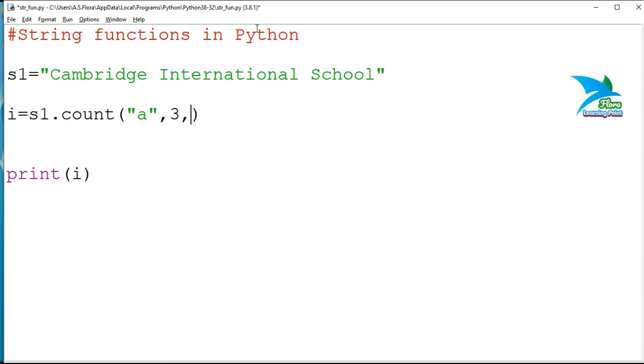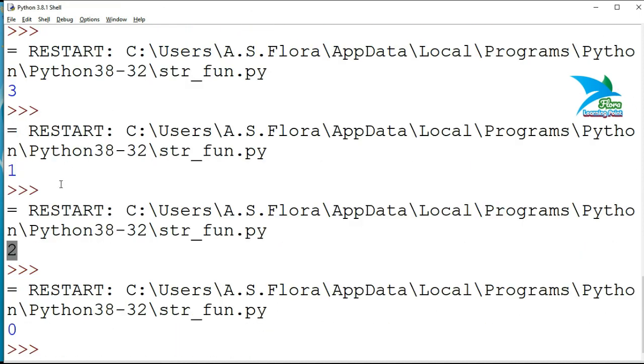And the third parameter decides the end index, right? For example, if I pass 7, then the system will start searching from the third position till the seventh position, right? So the third position is b, that means 3, 4, 5, 6, 7.